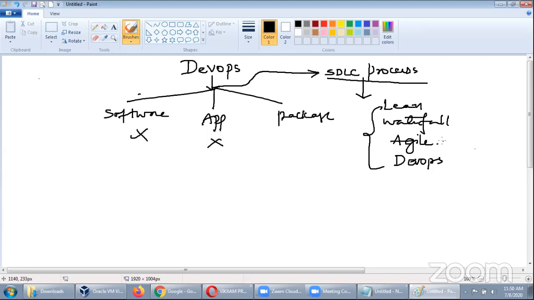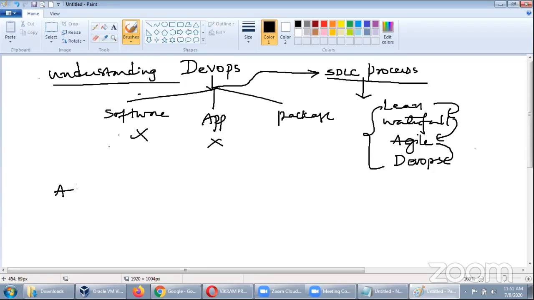Currently the transformation is happening from Agile to DevOps. Earlier the transformation happened from Waterfall to Agile, and before that from Lean to Waterfall. Now, do you know why the transformation is happening? Any guess why we are trying to transform?